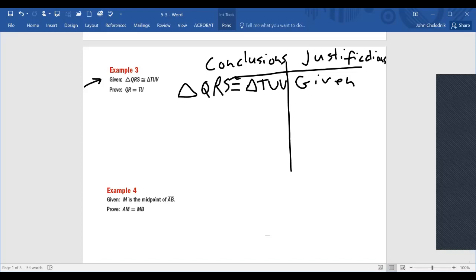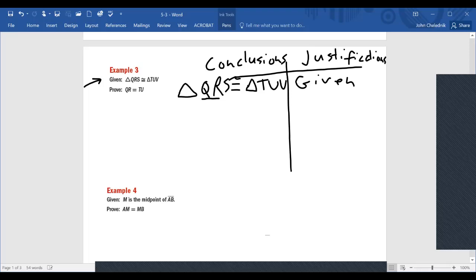They're telling us, the people who made the problem are telling us that it's true that those triangles are equal. So then let's think to ourselves, how do we know that QR actually does equal TU? Well, look at the conclusion that we just made. We are saying QR and TU, they're the same first two letters. What's that called? That's from another digital lesson I taught. When the letters match up,